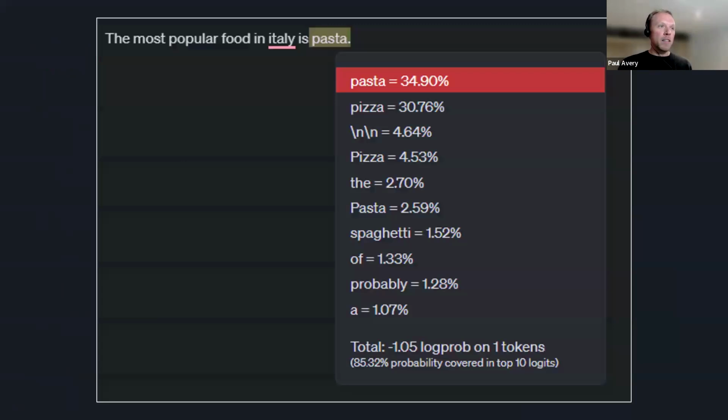And when you then run this through OpenAI's tool, this gives you a screen grab. This is how the model's trying to predict what the next word should be based on the context of the conversation, which at this moment is just the most popular food in Italy is. So it's probability based. This is not like the software tools we're all used to learning, which are deterministic. They work based on if this, then that. They do the same thing every time. AI doesn't. It's probability based.